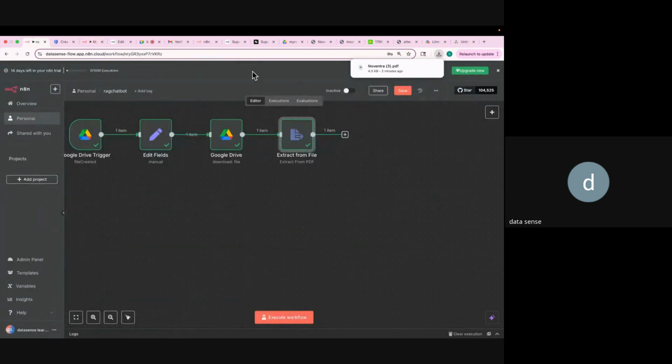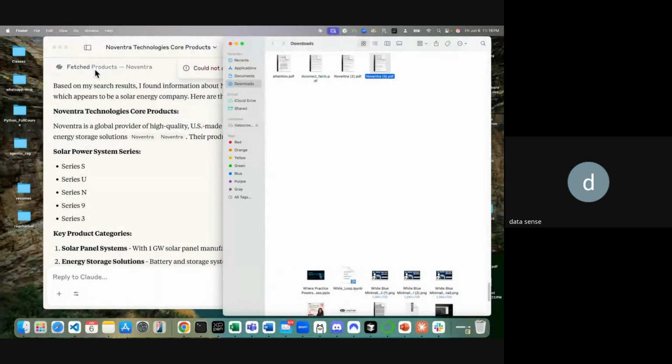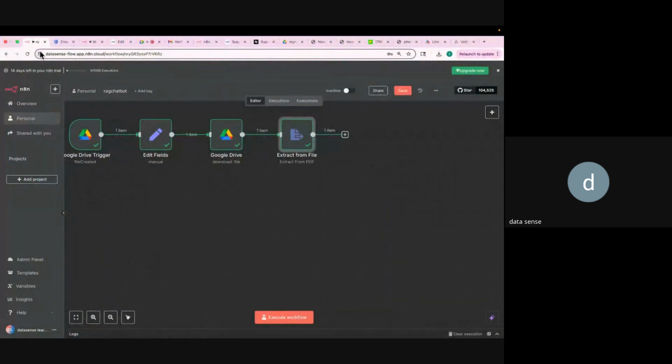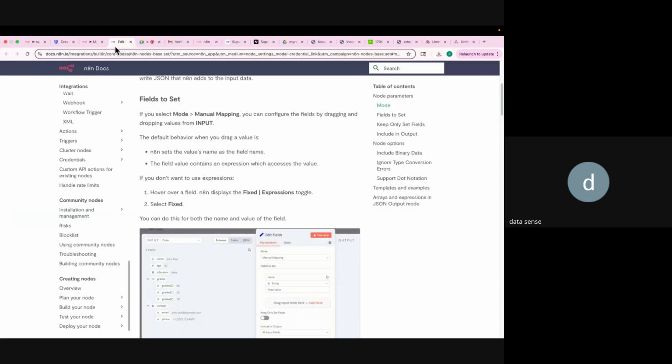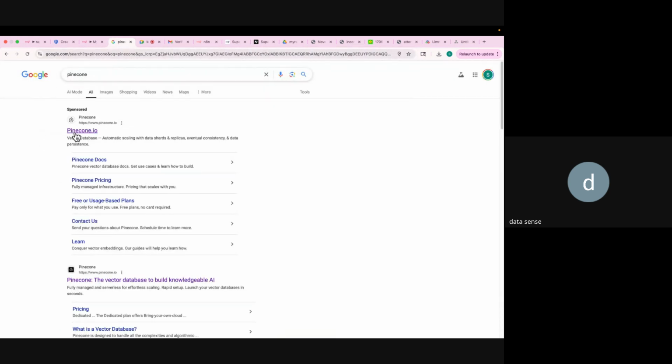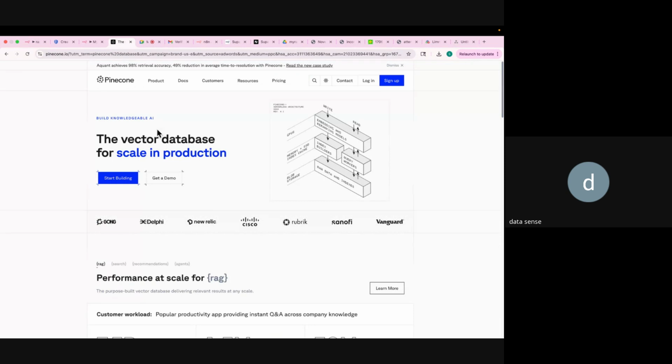Okay, now comes my next step, where I have to basically store this information in a vector database. Now there are a lot of vector databases available in the market. I'm going to use Pinecone for this particular demo, but you can use other things as well. So what I will do, I'll go to this website Pinecone. Okay, so if you click on this, this is a very famous vector database, but there are a lot of others which you can use. So simply log in here,